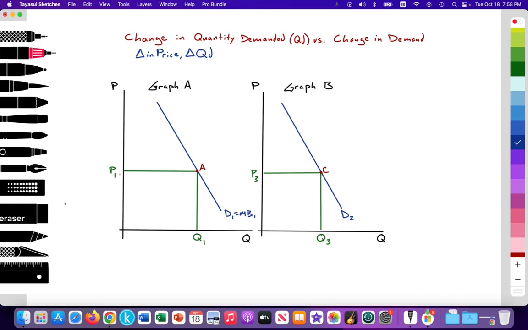And we have a price set at P1 with a quantity of demand at Q1 at point A. So if I was to increase price from P1 to P2, according to the law of demand, holding all variables constant, that would lead to a reduction in the quantity of demand. So here I'm raising price from P1 to P2, and that leads to a reduction in quantity demanded from Q1 to Q2. All right, so here we have price increasing,